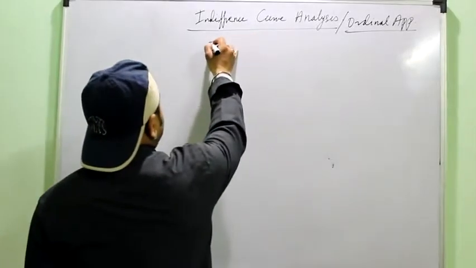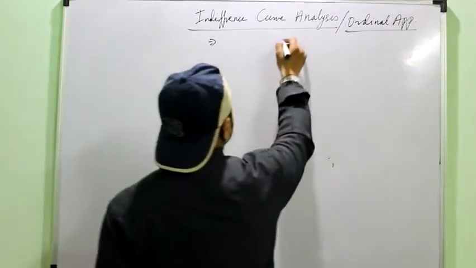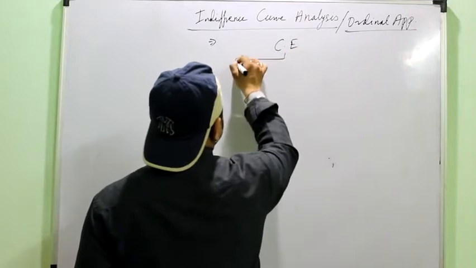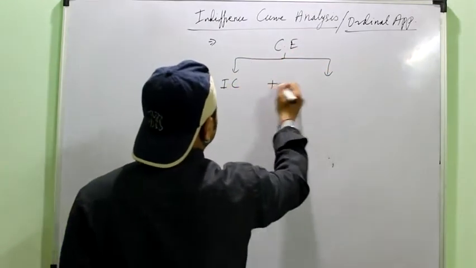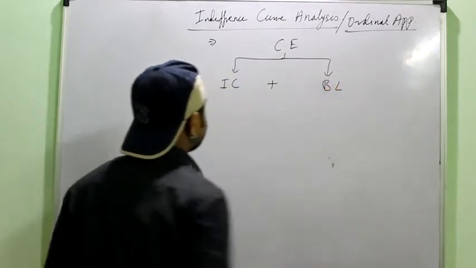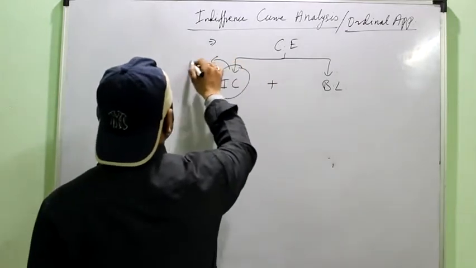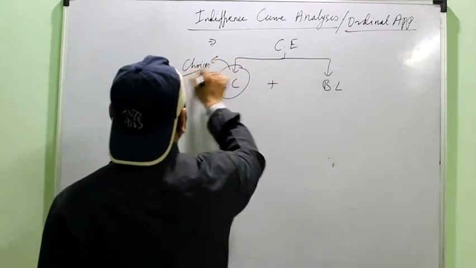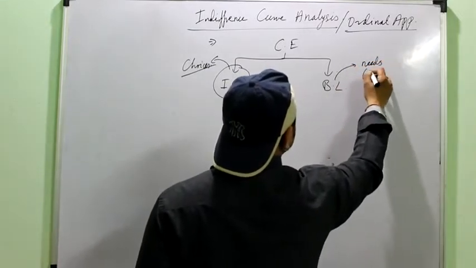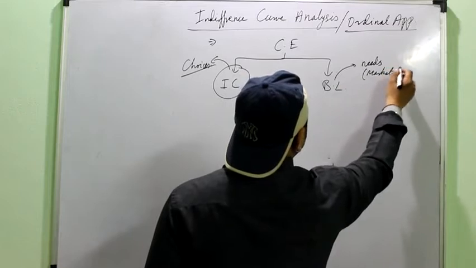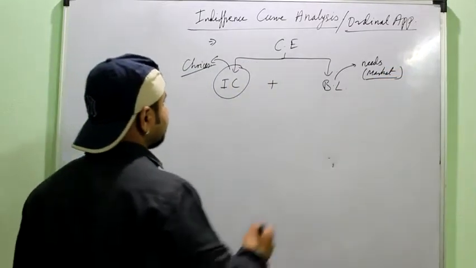So now we'll talk about our conclusion of the consumer's equilibrium. As I told you, the consumer's equilibrium under the IC analysis is obtained by adding the concept of the indifference curve and the budget line, right? It shows the consumer's choices, and it shows what the consumer requires to do, or it simply shows the choices of the market, how the market has priced the various goods.